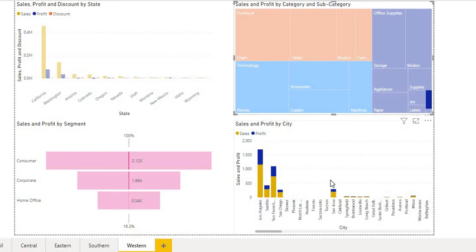So the points of interest are like the central region where furnitures are making losses, and when it comes to subcategories we will see that tables and furnishings in particular are making losses. Even in good regions like the western region or southern region, these items are having losses. As for technology items like machines, they are making losses in the good regions as well, like the western region or southern region. And in regions like central or eastern, in those regions as well they are making losses.